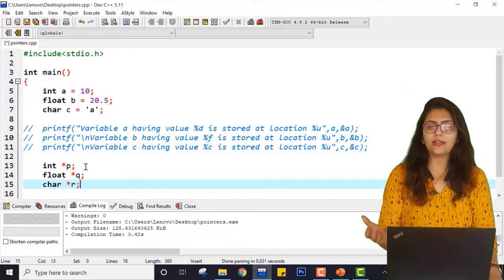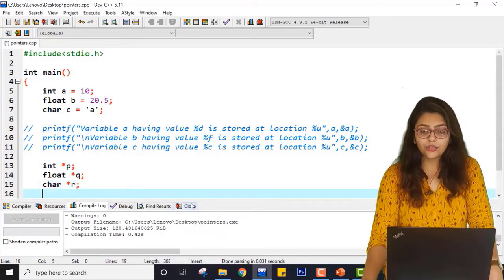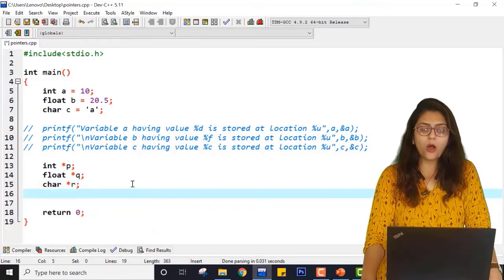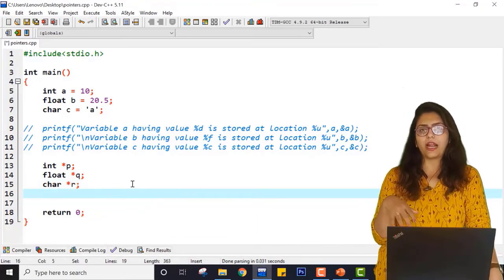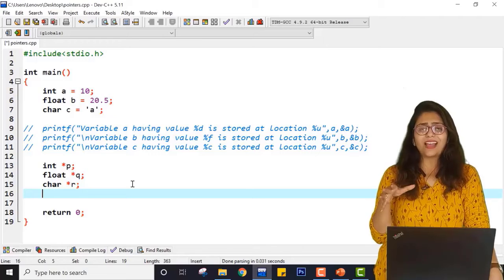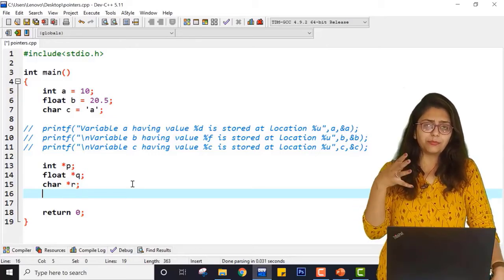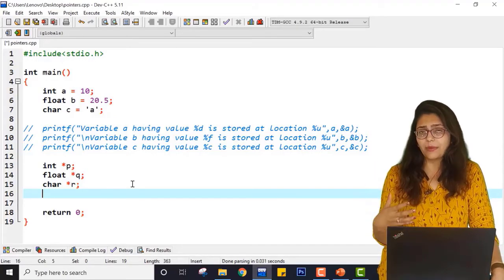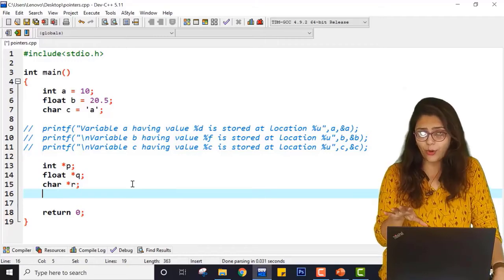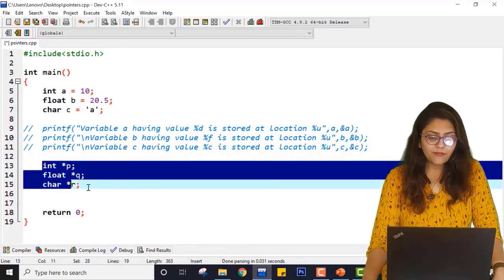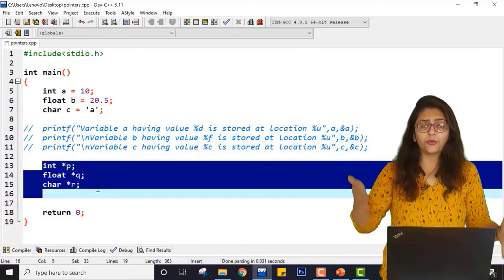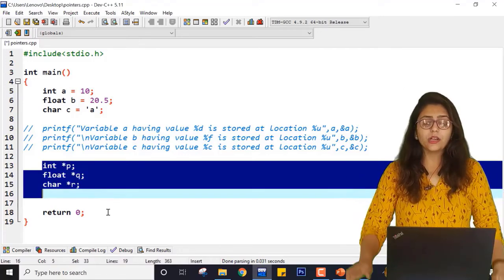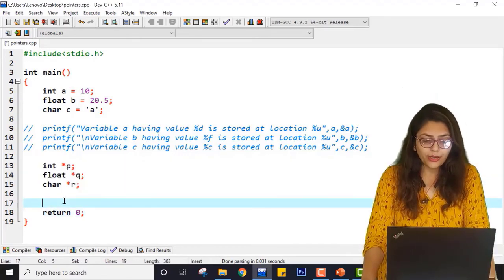So r is going to point to some kind of character value. Right now p, q, r have some garbage value. They are not pointing to anything. By writing this, we are just declaring pointers. We are just creating space for pointers, but they are not currently pointing to anything.